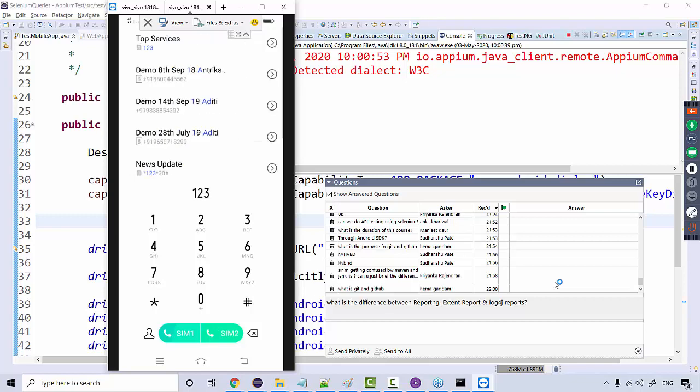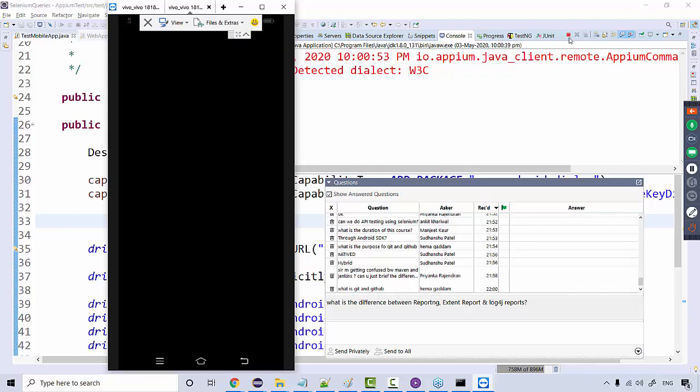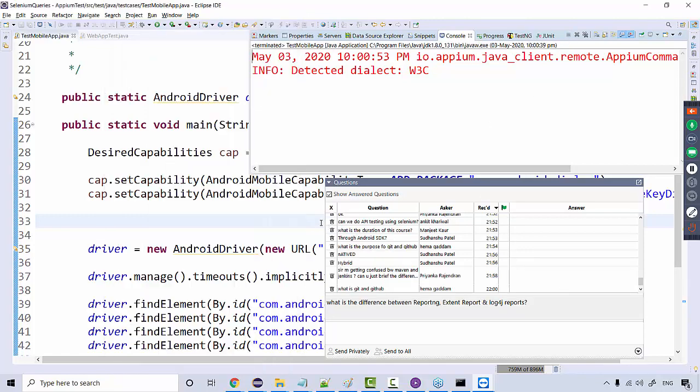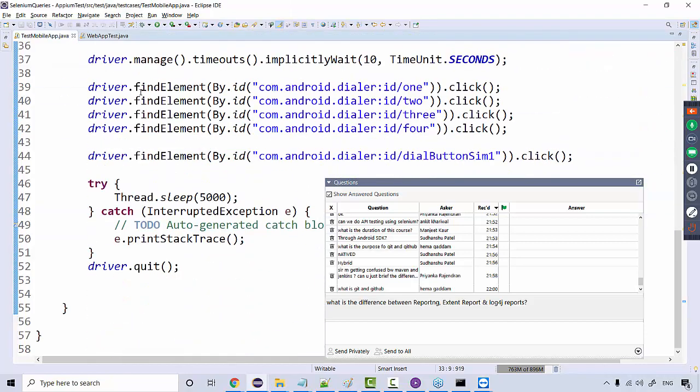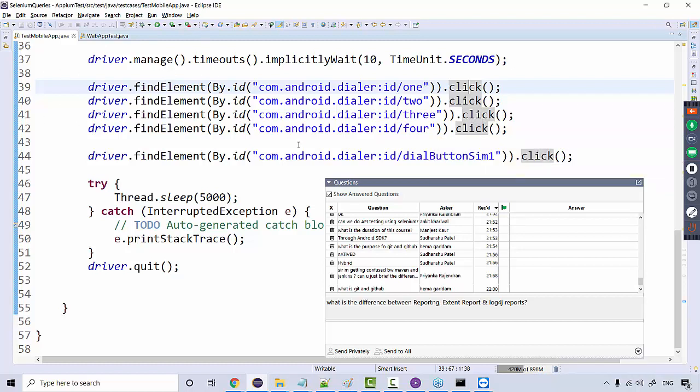Now it is dialing the numbers, and we'll click on the dial button, right? So this is how we can automate, and the process is very simple. See, find element number 1, 2, 3, 4, clicking on it. That's it. The code is very simple. Just that we need to learn what all these things are. So we'll be learning all these things in depth,